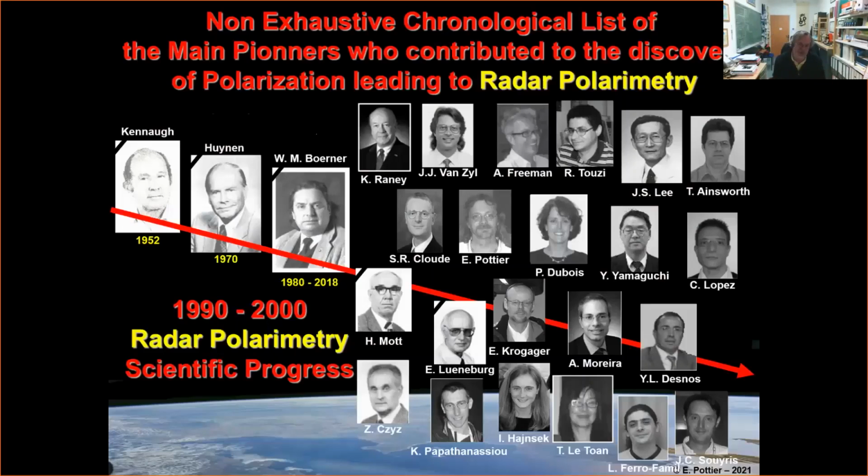It was very difficult at this time to develop a switch which was able to switch very fast and which was able to transmit a lot of power. So this is why we stopped developing this kind of radar polarimetric system. And then in the 90s, we found a possibility to construct this device using a PIN diode, which gives a good compromise in the switch and in the transmitted power. And then the research in radar polarimetry started again.